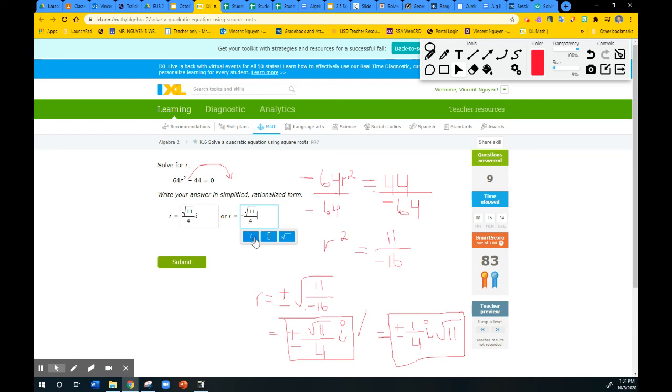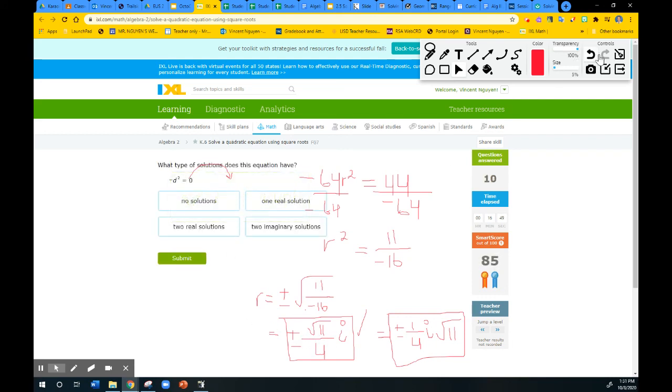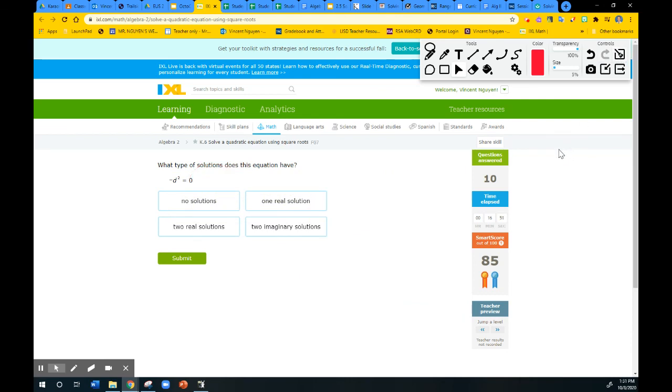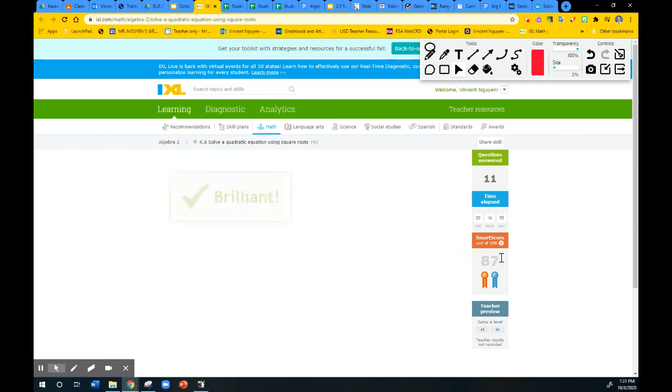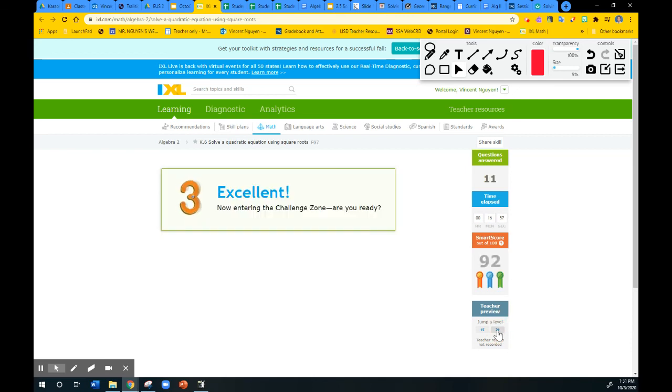Oops, I can use that i. I'm going to use this i. I don't know if it matters. But there it is. So I'm going to hit submit to see if it accepts this solution. If it does, then it's probably better for you to use this, right? Submit. Yay, it did. Okay, I wasn't surprised because it should. This is one real solution. We already did this. So, all right, skip along, skip along to see if we get anything more